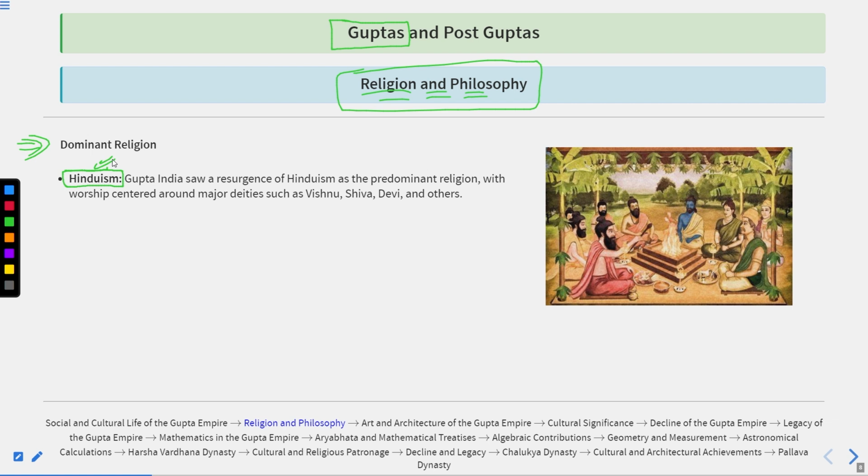But the Guptas also had a policy of religious tolerance. It means that if the royal household, the king's household, is a follower of Hinduism, that doesn't mean they will impose Hinduism as a state religion. So we can say they provided patronage to Hinduism, but they also supported Buddhism and Jainism. But why are we talking about this? That will become clear over here.